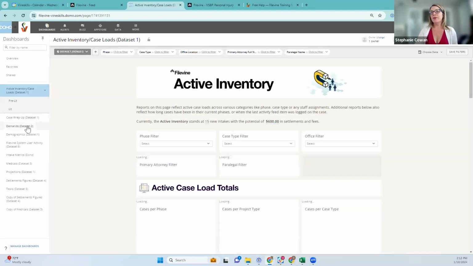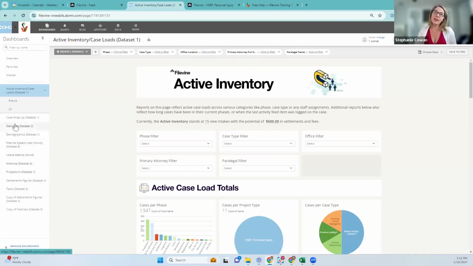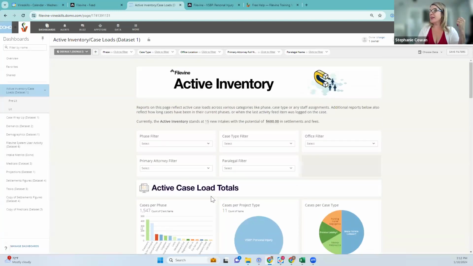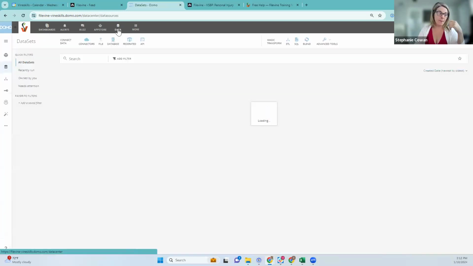So I have a number of various examples of boards here. A lot of these are the sample boards that Filevine makes available to you as something that you can attach your data to. I would like to first point out that I think in the instructions for setup